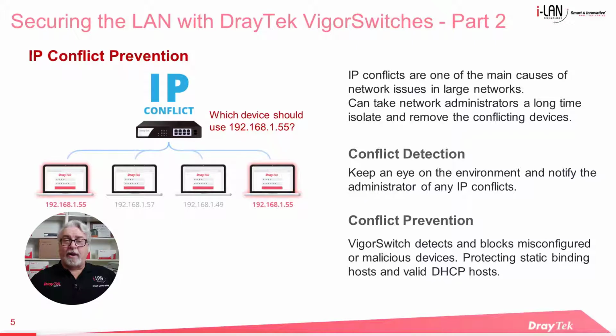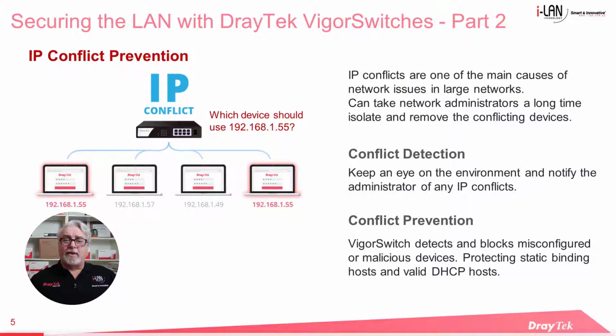Well, if you've ever had a network outage due to someone plugging a new device into the network with the same IP address as the server or router, you'll understand how frustrating it is to track it down and remove it from the network. That may have been an honest error by the person who did it, or it could be someone intentionally trying to get around the security measures.